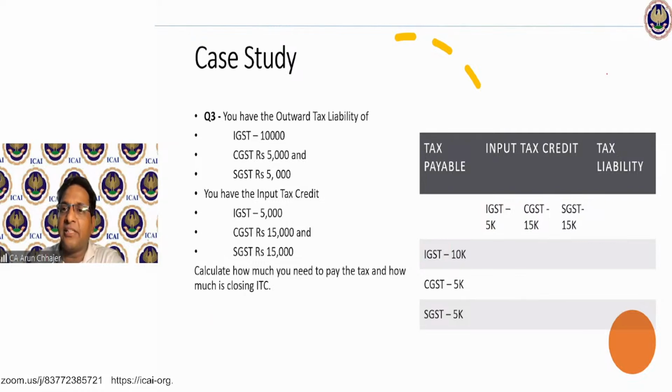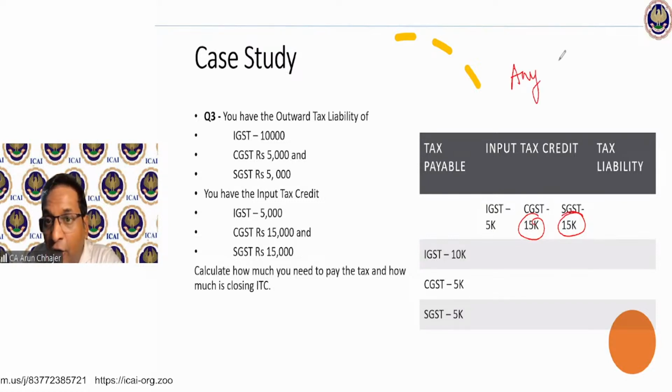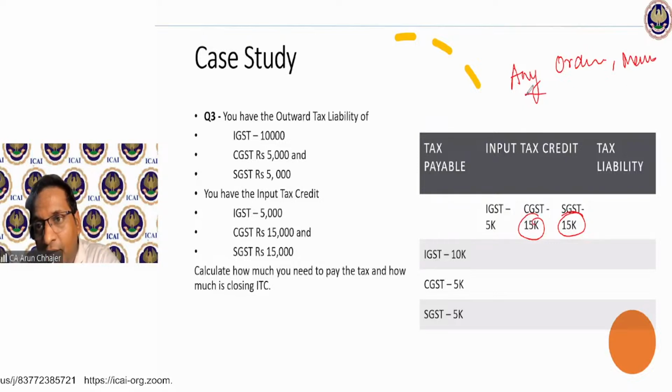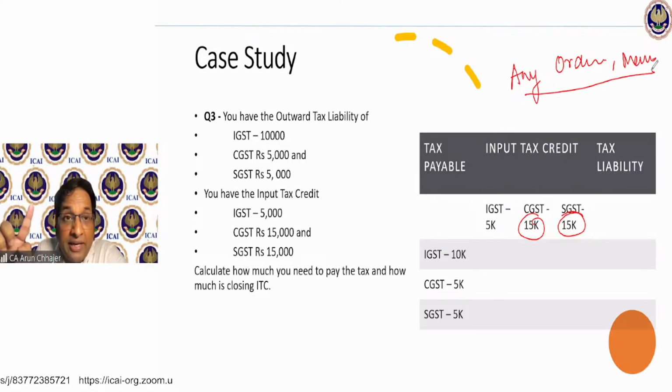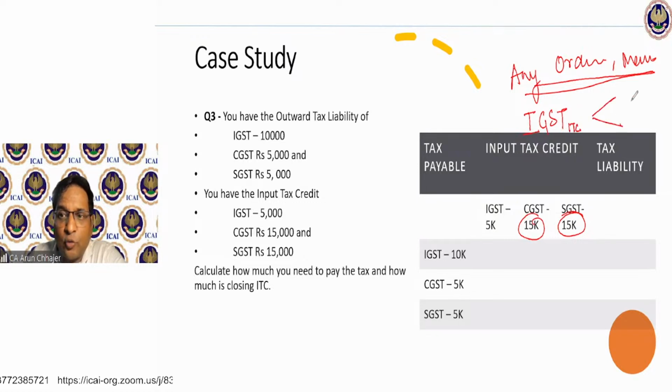I make the same example, only the balance I have changed. In this example, I would like to clarify the words any order, any manner, any proportion. We have just now discussed any order, any manner, any proportion. This is applicable when you are distributing IGST ka ITC towards C and S. Make sure the IGST ka ITC, when you are distributing to C ka liability and S ka liability, then only